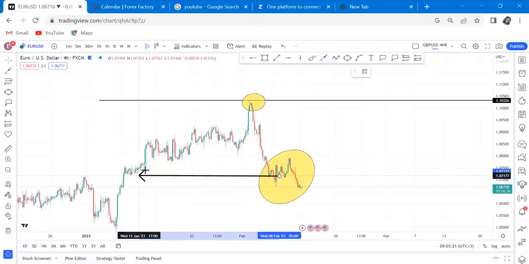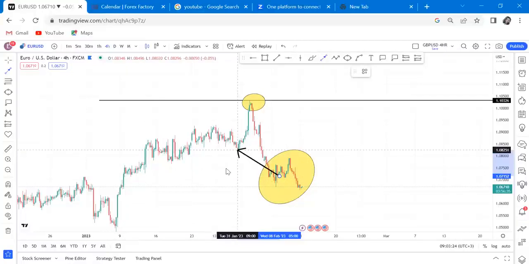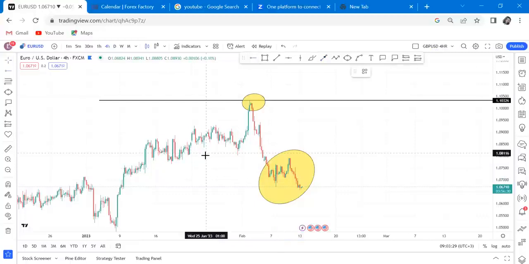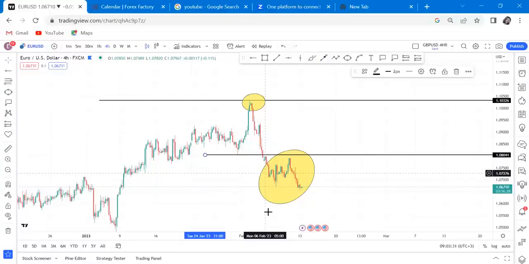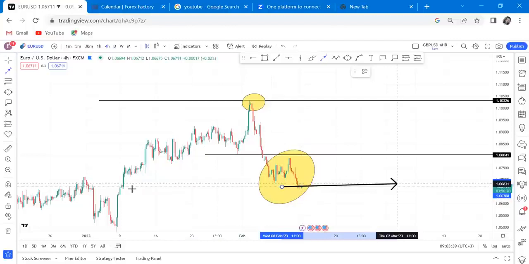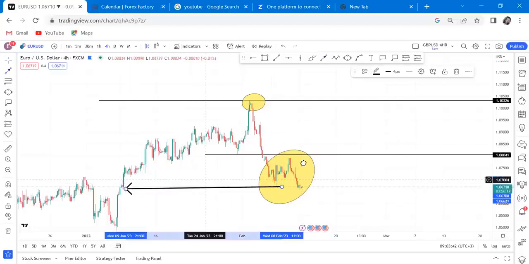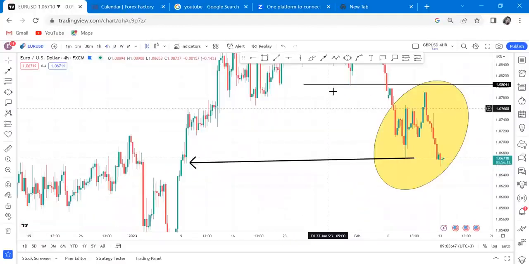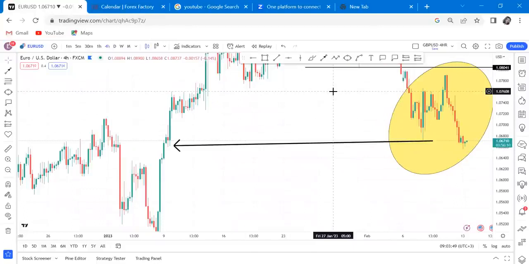So I want to be careful. You see, this is what they do. They will show you that the market, we have a BOS, the market is breaking, or we are on a sell. But what you fail to see is the direct obstacle where the market is ranging. And guys, guess what we have? A one-candle obstacle. This is where I was telling you guys, there's a video I did on one candlestick support, one candlestick resistance. If you have not watched that video, go and watch that video immediately. It is very